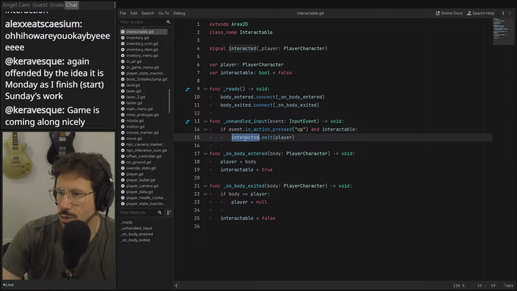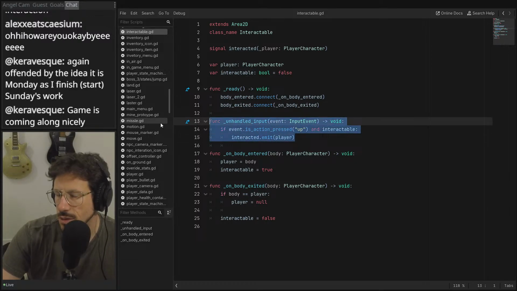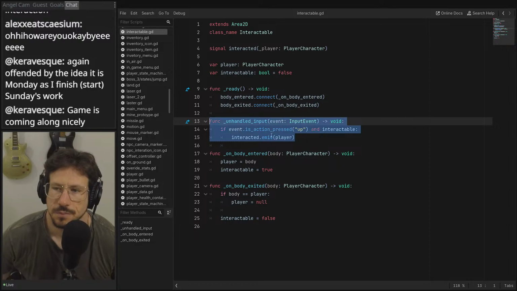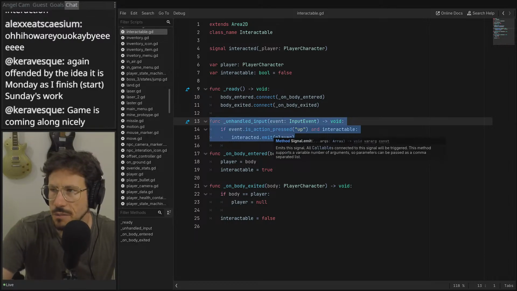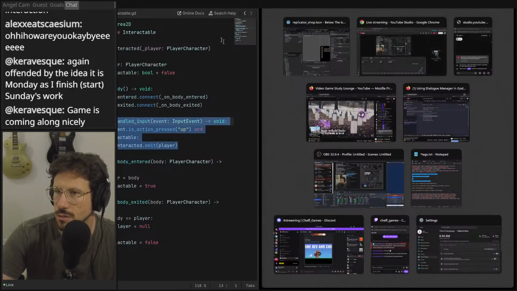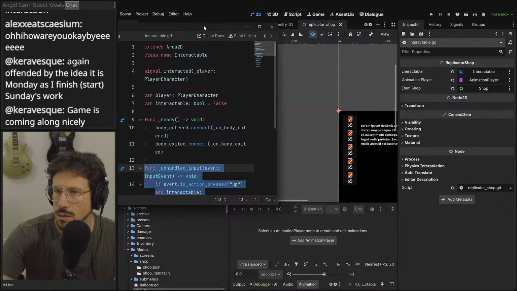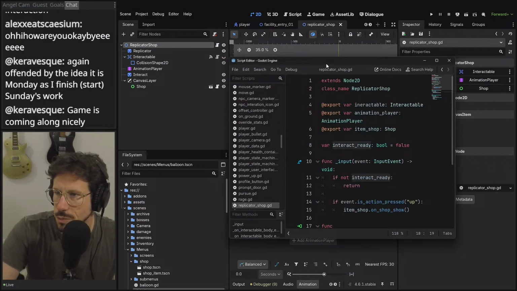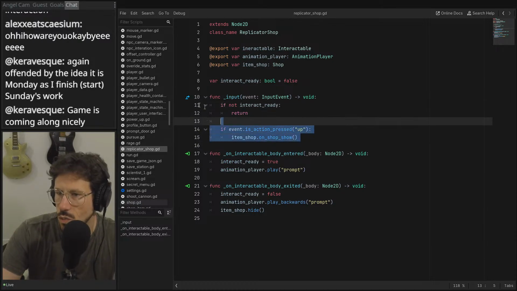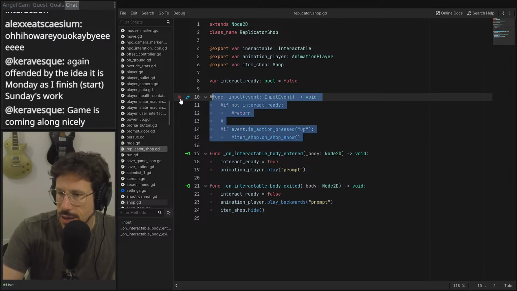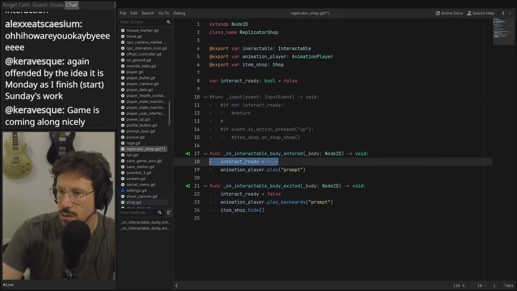And interactable, interacted, emit. Right? So this is the signal. Interacted, emit, but I'm just handling that locally. Well, right. So I've gone and duplicated, which is kind of bad. So we don't really need that here. What we do want, and we don't even really need